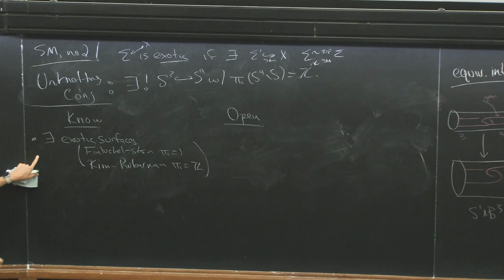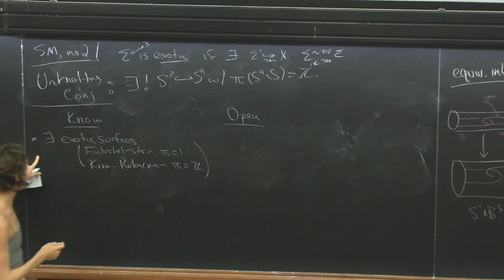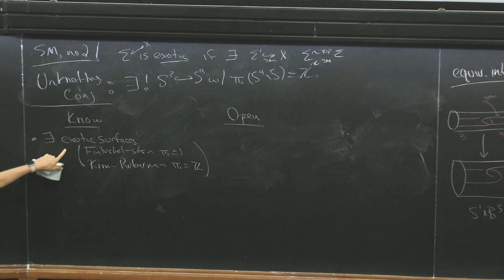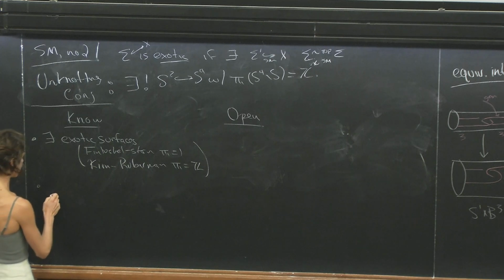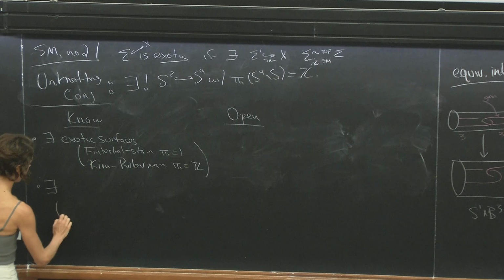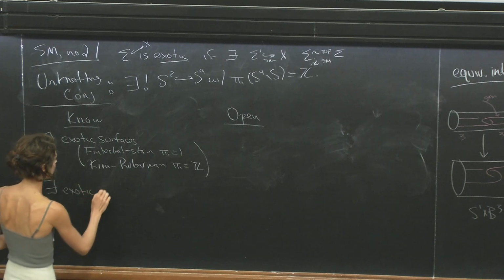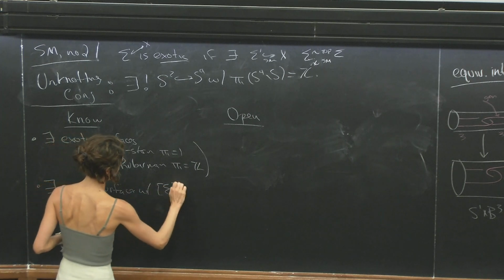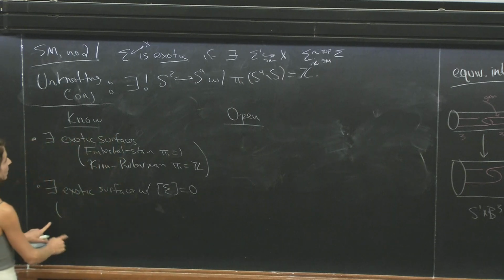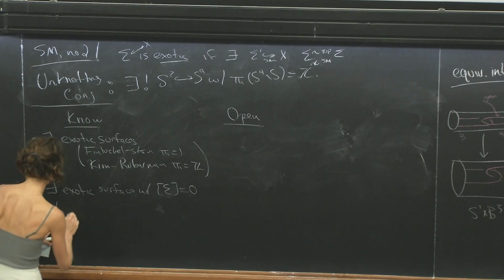The unknotting conjecture wants you to find exotic surfaces in the simplest manifolds you can work in. We're not great at finding exotic surfaces in particularly simple manifolds, but there is one very good thing that we can do, which is this work of Hoffman and Sunukjian, which says there are exotic surfaces in the trivial homology class in some manifolds. And this is important because if you're going to try to produce exotic surfaces in S4, then they're certainly going to have to live in the trivial class.